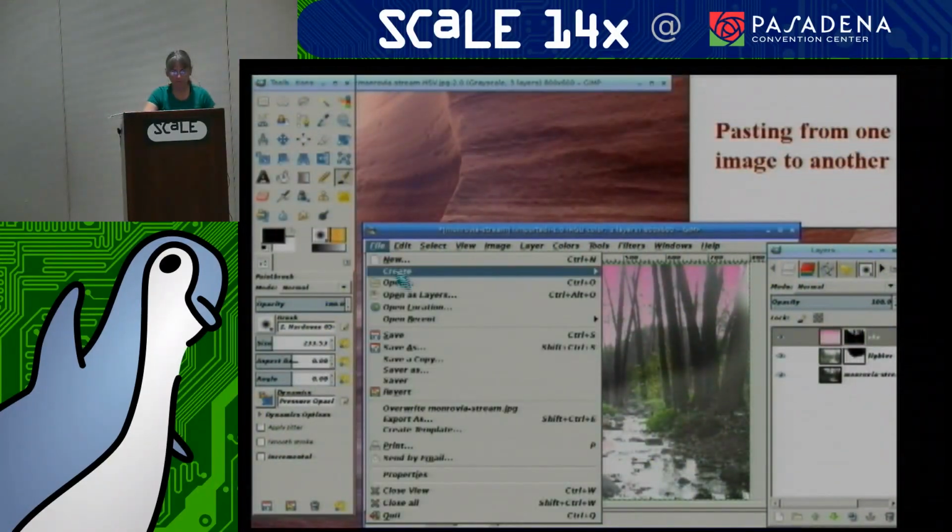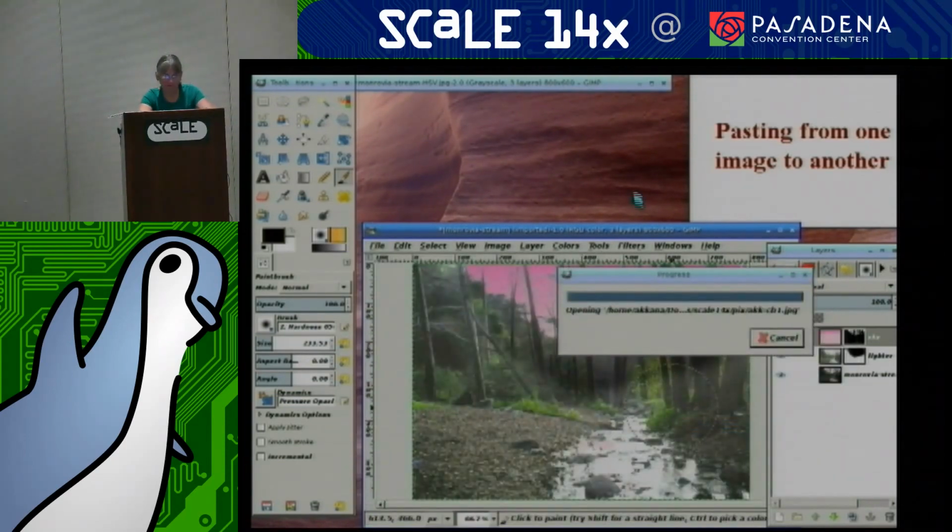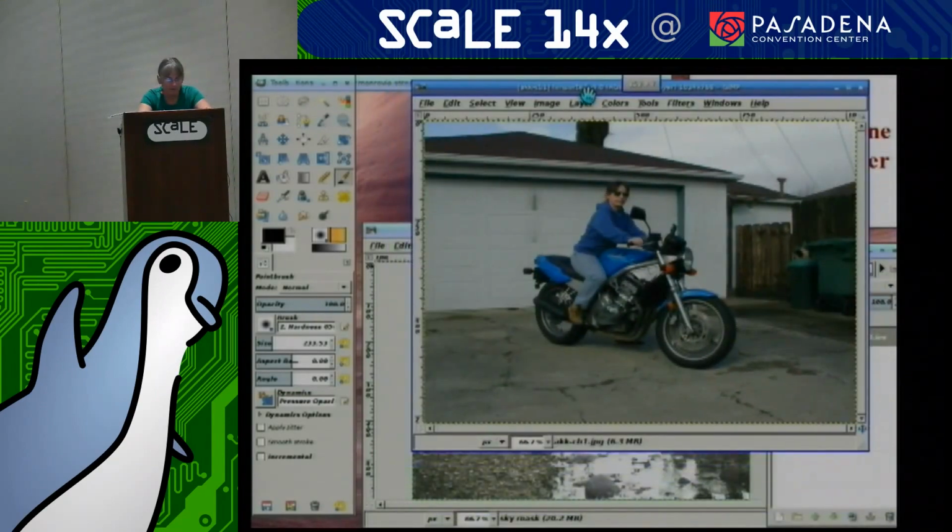I'm also going to get rid of that because it's distracting. I use open recent all the time. GIMP's open dialog can be somewhat difficult, but